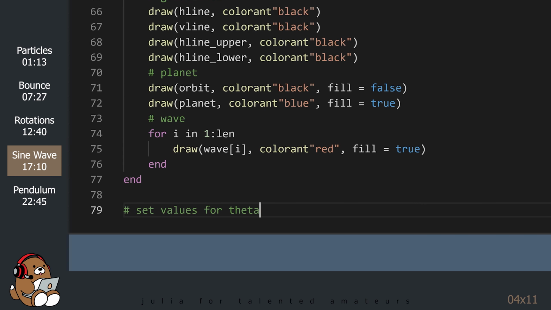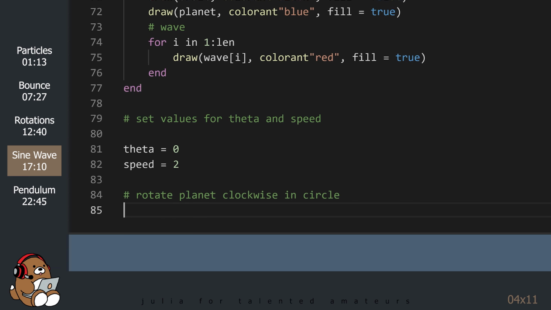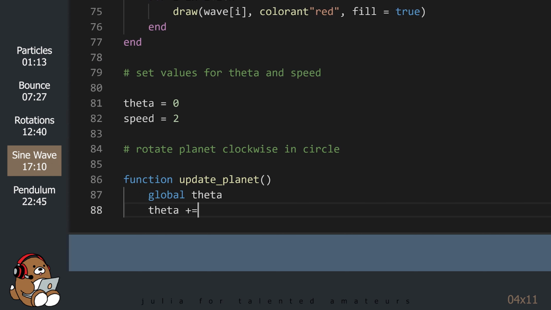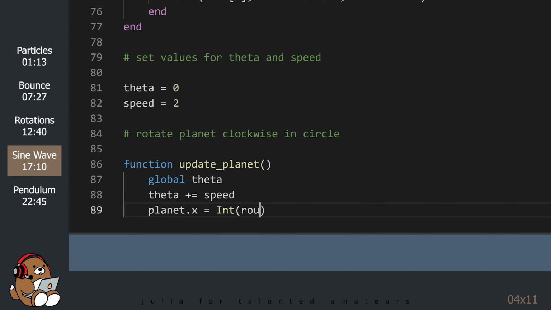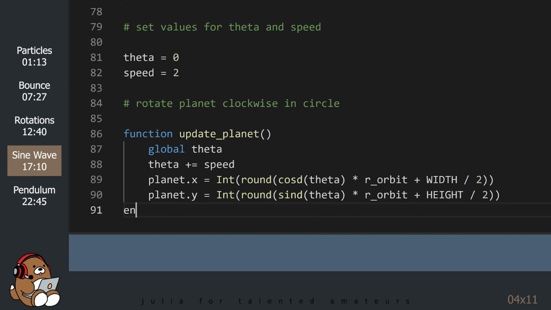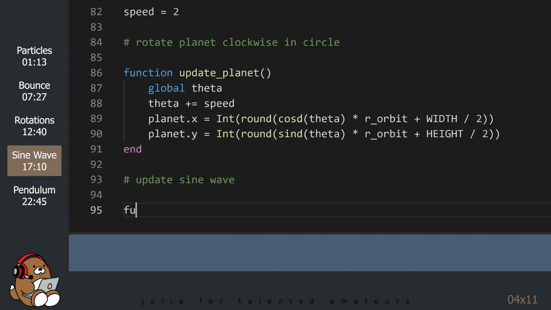This next section is similar to the previous example, but instead of using the update function, we're renaming the function to update_planet. This next section is where all of the magic happens.